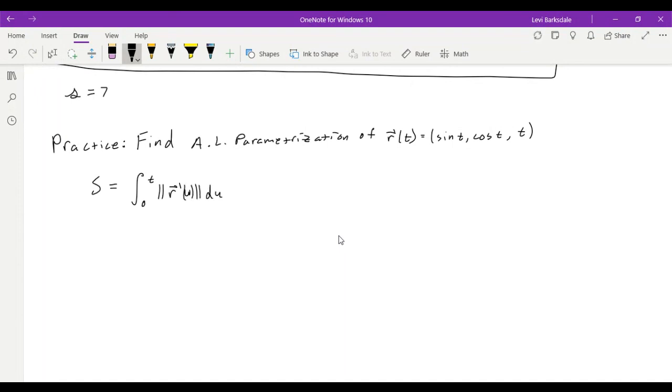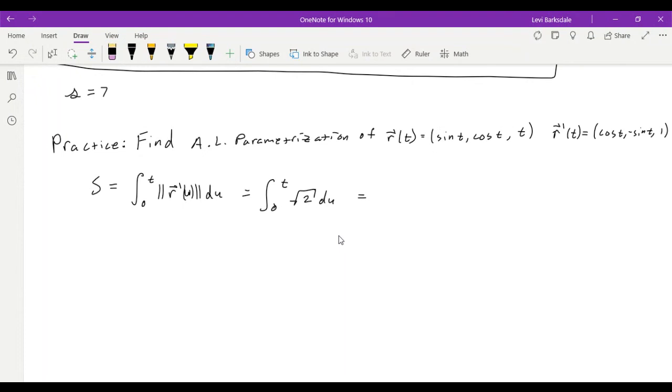In this case, our first derivative, r prime of t, is equal to cosine of t, negative sine t, 1. So the magnitude of that would be the integral from 0 to t, the magnitude is cosine squared plus sine squared plus 1 is 2. Take the square root of that, root 2 du,